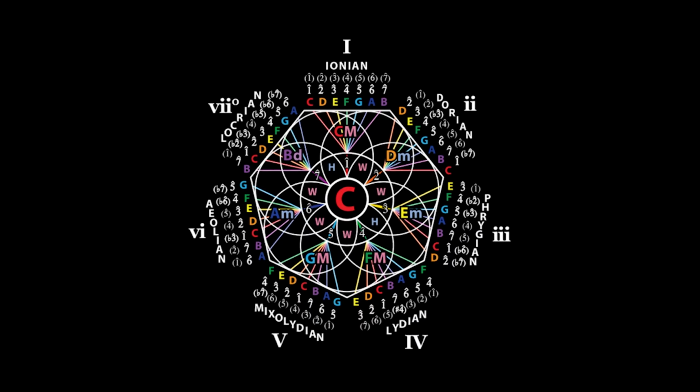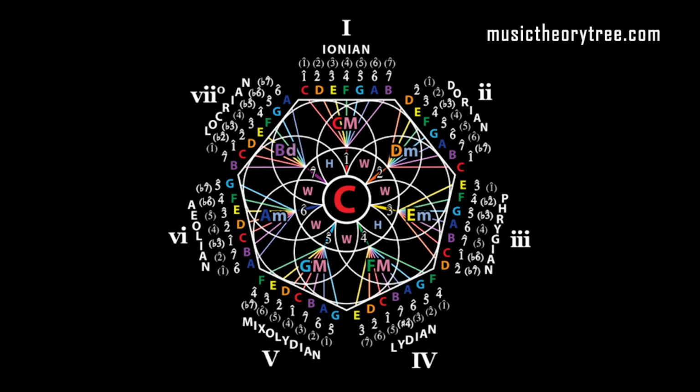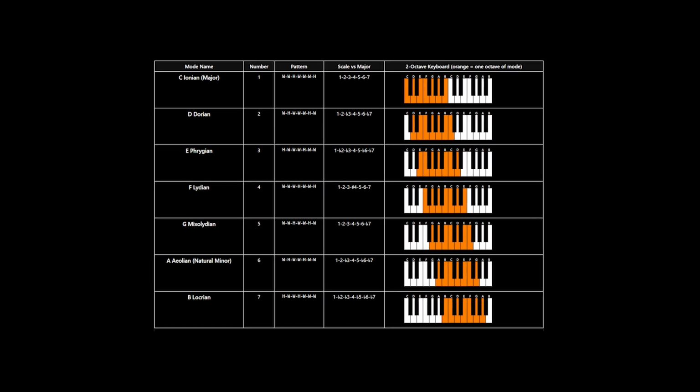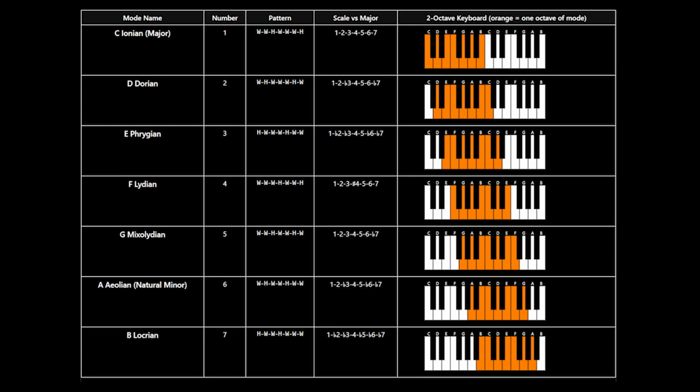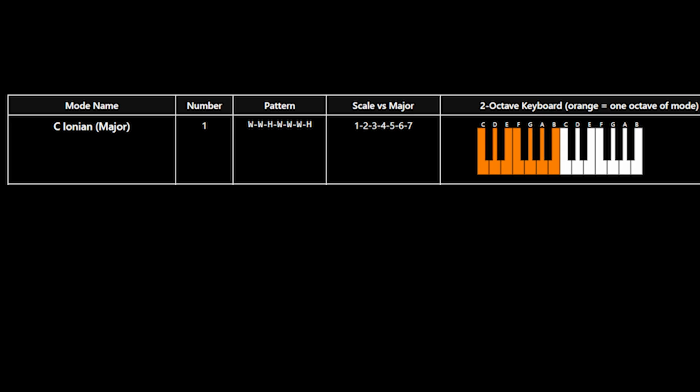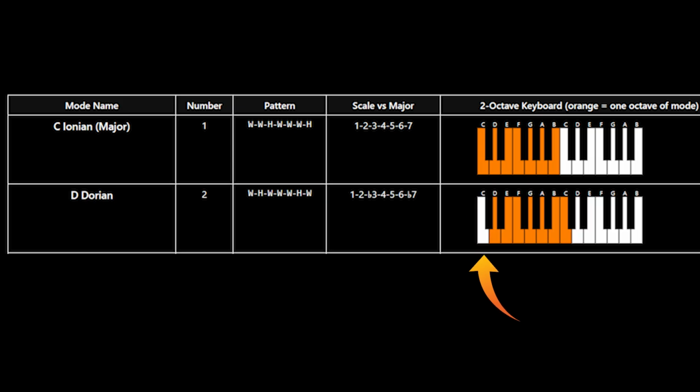Each of them can be created by starting on a different note of the major scale, resulting in a unique pattern and characteristic sound. When we look at a chart which is based on the C major scale, you remember, the scale which only includes white keys, we can see how they are laid out onto the white keys, moving upwards from key to key. So starting with the first mode, the Ionian mode, which is just the major we already know, so we simply got a C major here, but for the second mode, the starting note obviously is a D, so we got